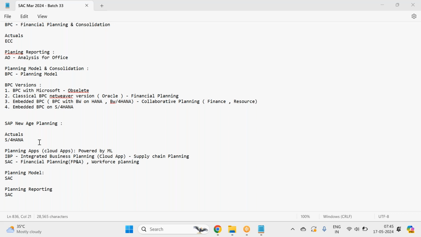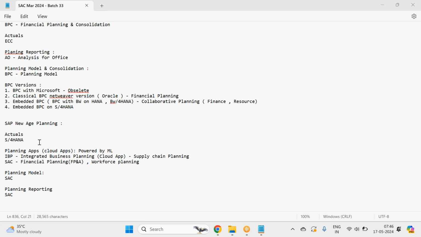So it is moving away from all the traditional planning tools like APO, where the demand planning happens. That is now a subcomponent of IBP. BWIP is now getting replaced with IBP. Okay. And now BPC is getting replaced with SAC. Very straightforward. So all these three products were getting replaced with two cloud products. Okay, that is IBP and SAP Analytics Cloud.